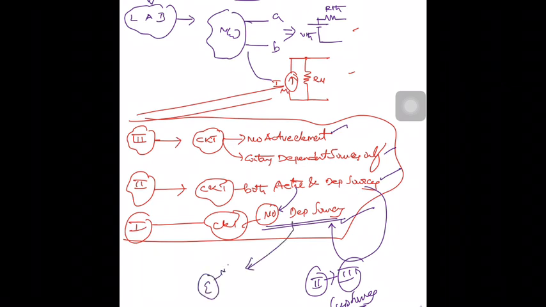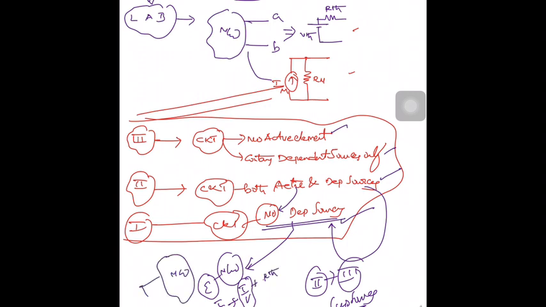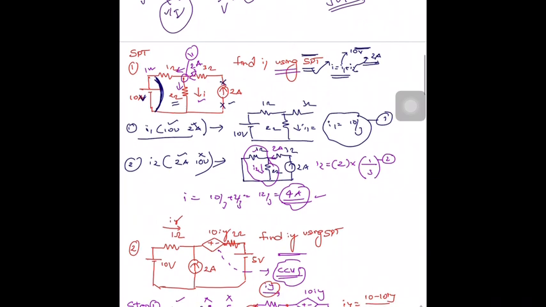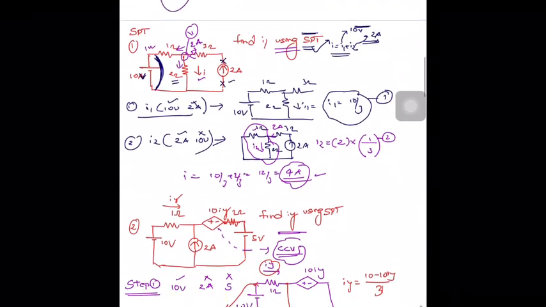Excite the network with some current source or voltage source and find the current or voltage across the source and find RTH. Say for example, if I excite a network with a voltage source and you find that the current is I1, so what is the resistance here? V by I. Done, right? And we have solved each example problem.